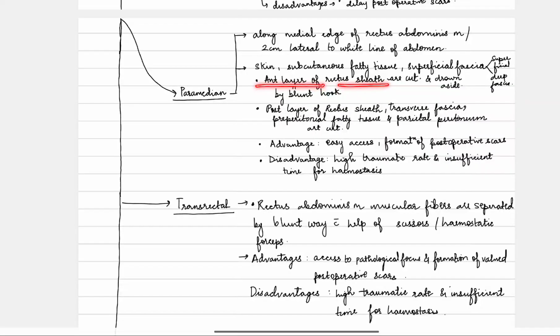Anterior layer of the rectus sheath is cut and drawn aside by blunt hook. Posterior layer of rectus sheath, transverse fascia, preperitoneal fatty tissue and parietal peritoneum are cut. What are the advantages? Easy access, formation of post-operative scar, and disadvantages are high traumatic rate and insufficient time for